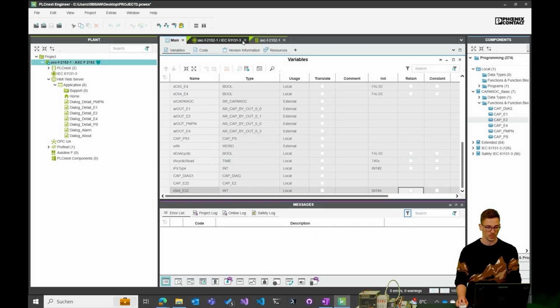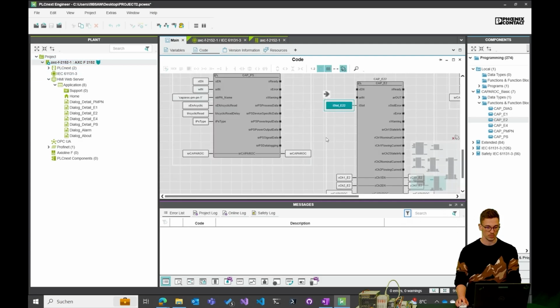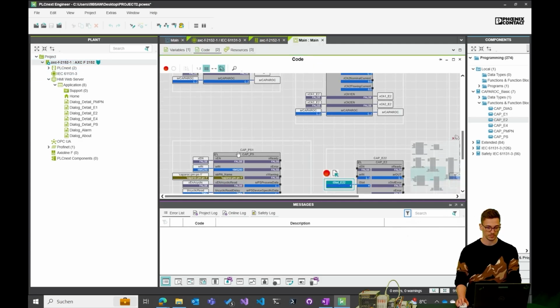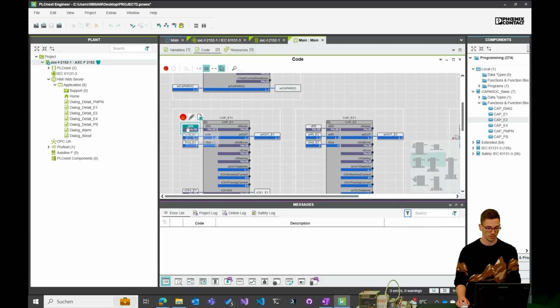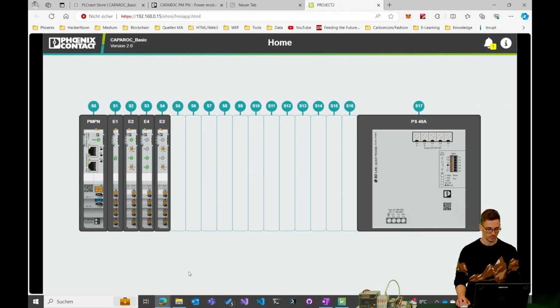It's pretty simple. We just need to go in the online view here, enable all the function blocks, and then you can see here you will get a live view of the different channels. Here right now in the E4 only 2 channels are on.